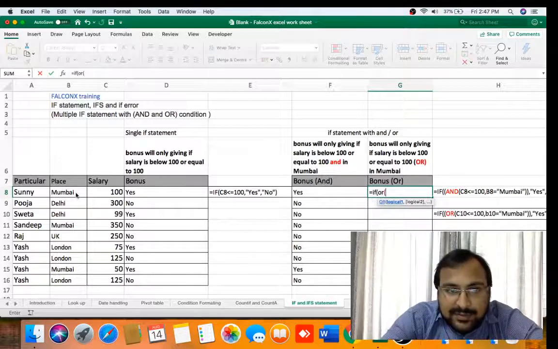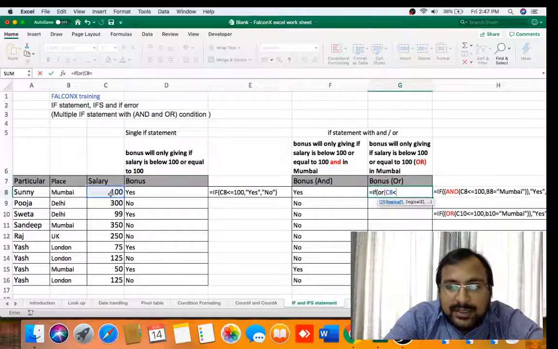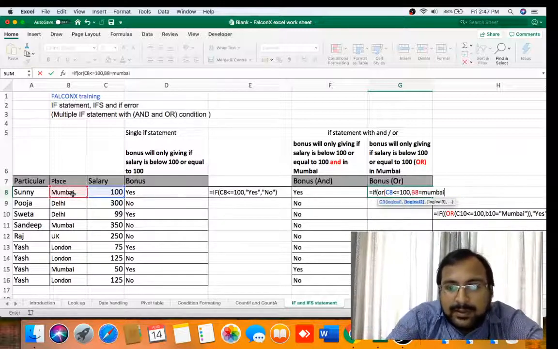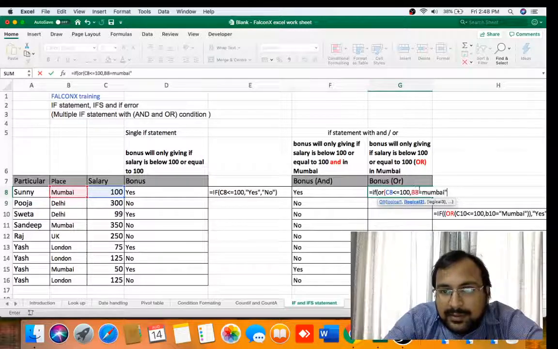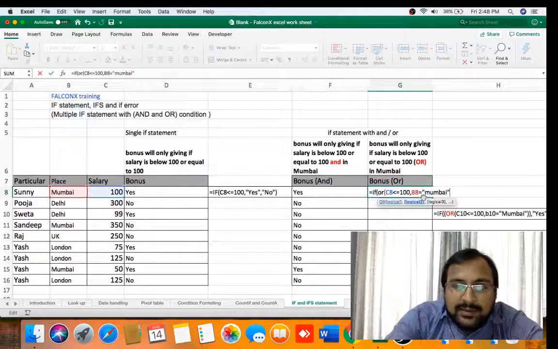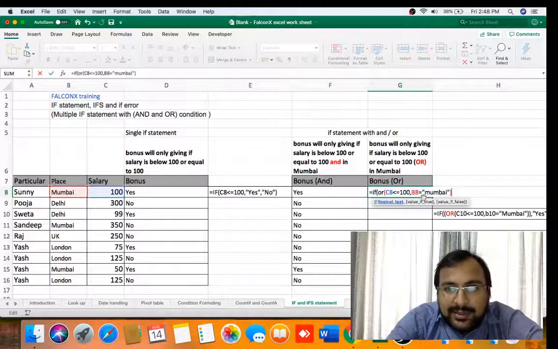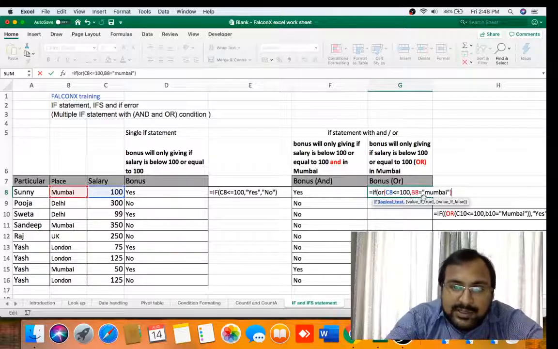First logic is this should be greater than or equal to 100. This is the first logic. Second logic is this equal to Mumbai. Let me put Mumbai in inverted commas. Close the bracket, this is for the or statement. Now the logic test is over.